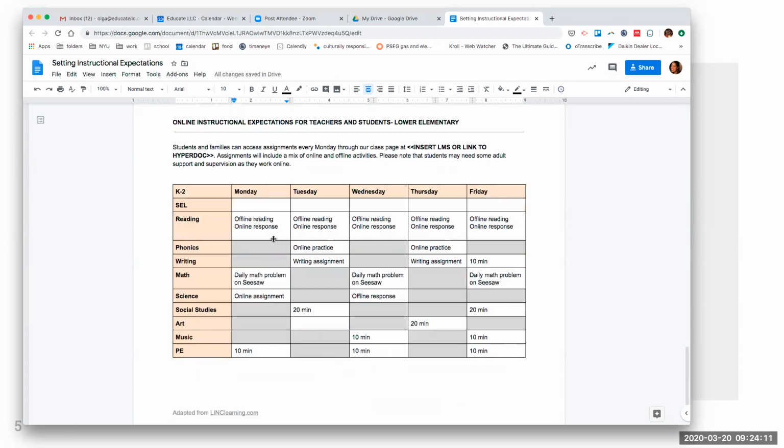And the younger students, what I like about how they parsed this out as the example is they are really being strategic about the offline versus the online. You can also think about this, of course, across the board. So upper elementary, middle school, and high school, what is your balance of offline and online going to be?